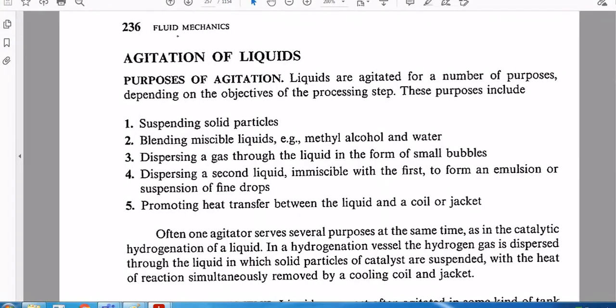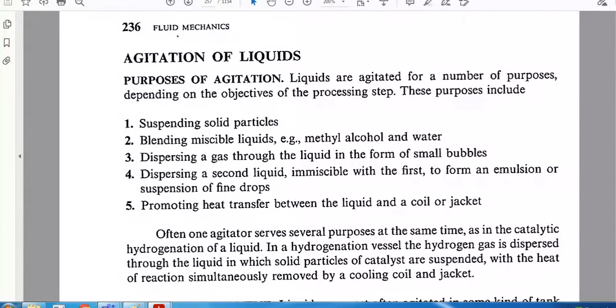Suppose if a particular point is there where Raney nickel is not there, what will happen? At that particular point reaction will not take place, and your product is not uniform. So the first step is that the agitation vessel should be designed in such a manner that we suspend the solid particles in a liquid, especially for liquid catalytic reaction systems. And the gas liquid catalytic reaction systems are very dangerous, again problematic things.